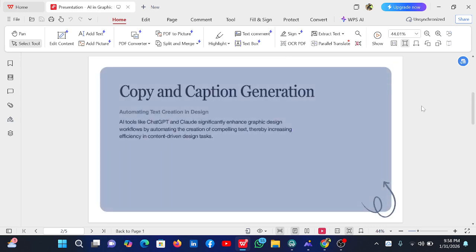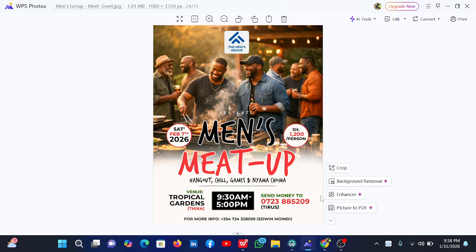I was talking about how AI can help us in copy and caption generation. And I used this particular image, I have opened WPS. I think Photoshop was a bit heavy. When you open Photoshop, at the same time you open Google Chrome, and also I'm using an OBS recorder here to record the session. It's a bit heavy on the machine. So I think that is why some of the things were lagging.